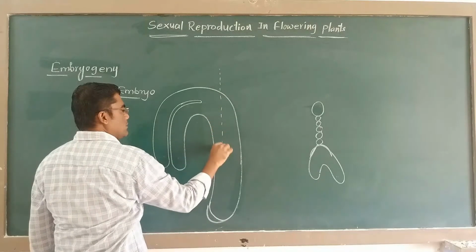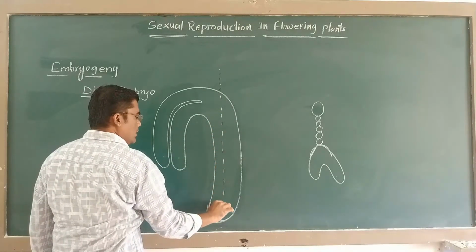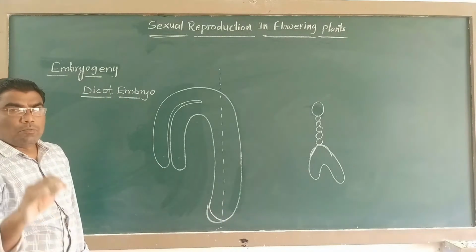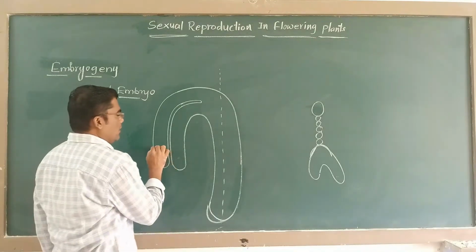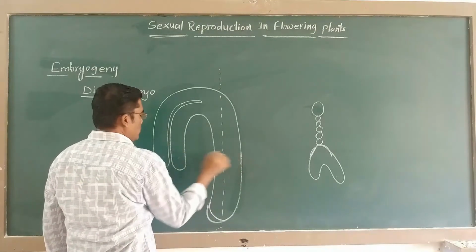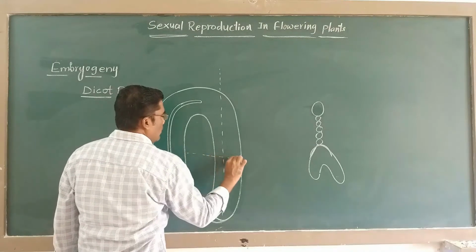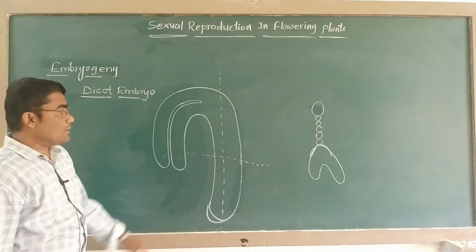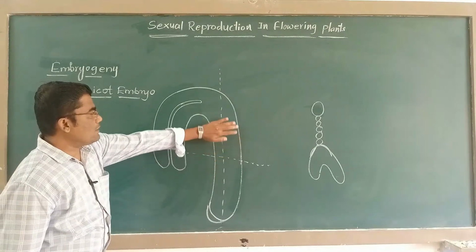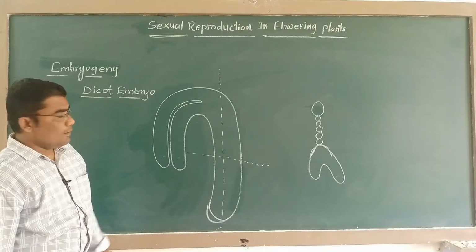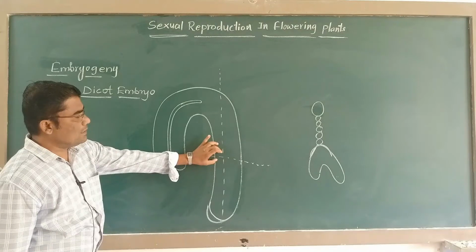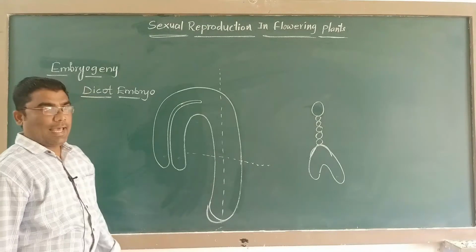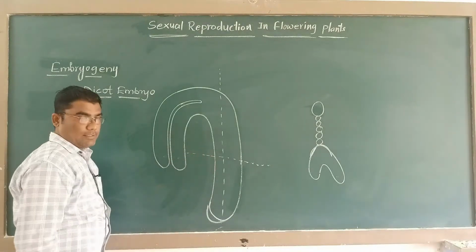Already we know that this is the imaginary concept. Say this is the embryonal axis. And also we have to discuss the position of the cotyledon with respect to the embryonal axis. Now here we are observing the two areas. This is the area towards the cotyledon, and we can say that this is the area above the embryonal axis and this is the area below the embryonal axis with respect to the cotyledon level.